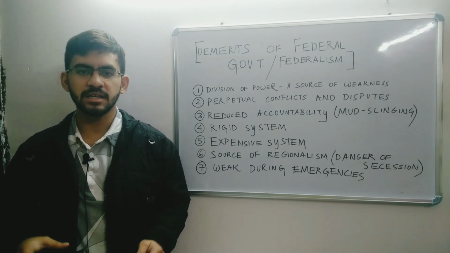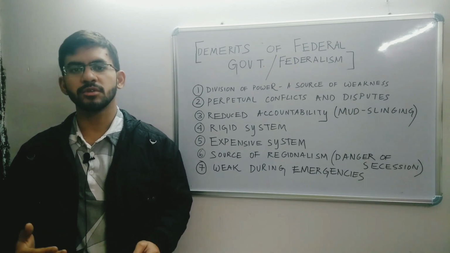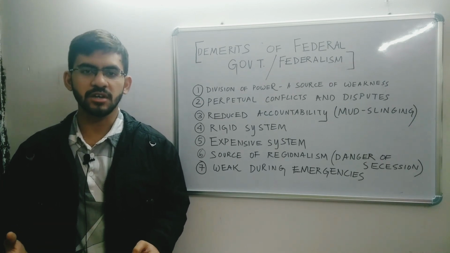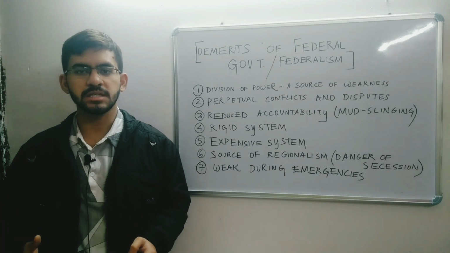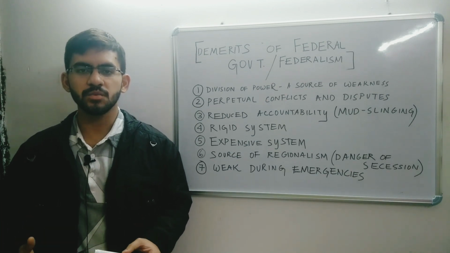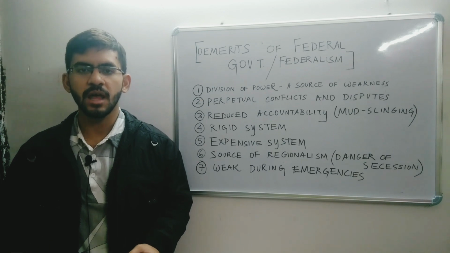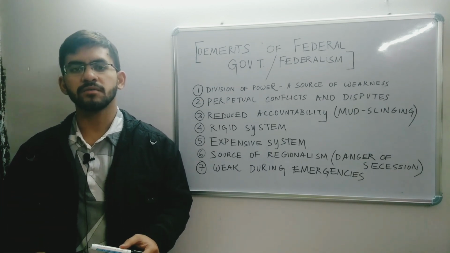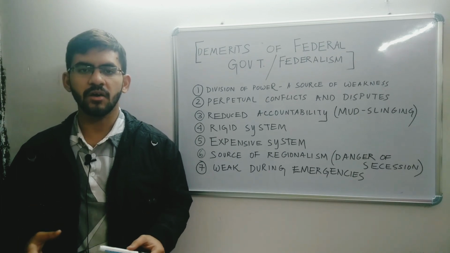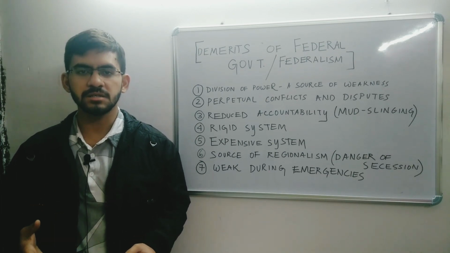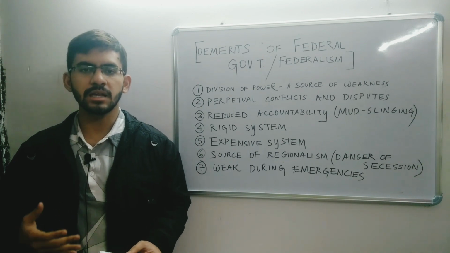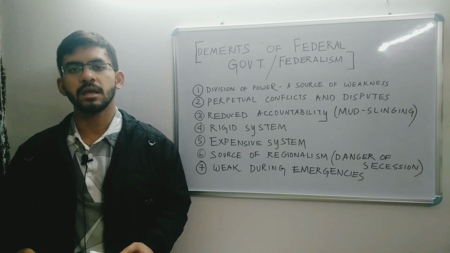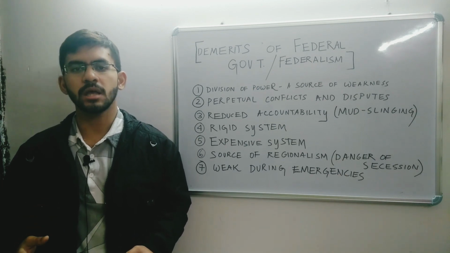Now, because there are legal restrictions on their powers, both the central and the state governments find it very difficult to function efficiently. For example, the state governments always find themselves burdened with the interfering nature of the central government, and they often find themselves without the aid and assistance of the central government. On the other hand, the central government also faces difficulties because it cannot act entirely on its own. It has to coordinate with the state governments at all times, and it particularly becomes a menace when the state